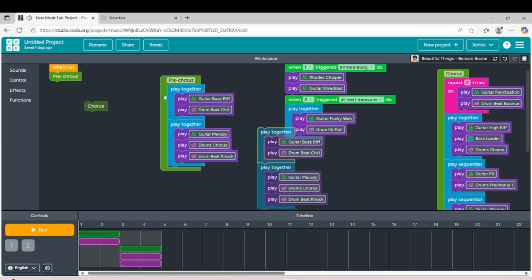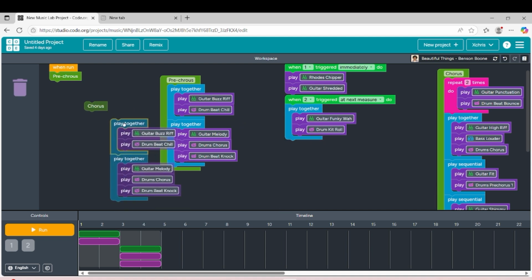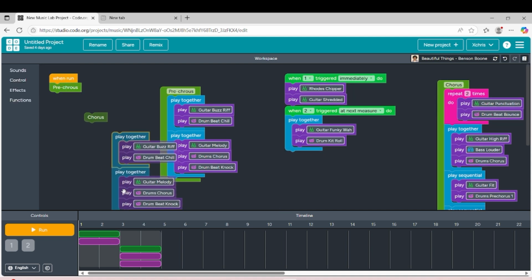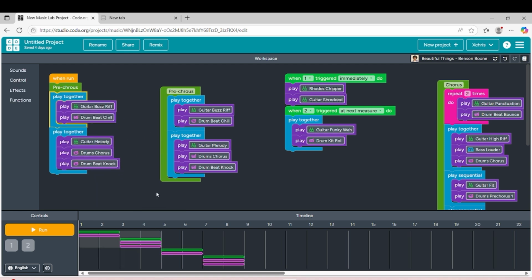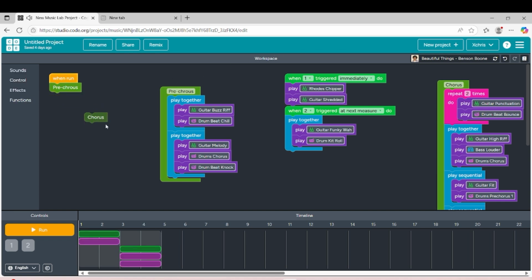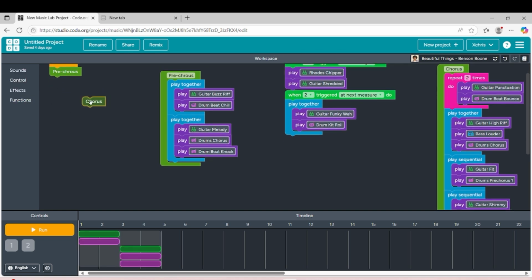Now both of these are the same, right? To prove to you that all of these are in here, we already connected the pre-chorus in here, and this is that. So when I connect it, they should be the same. As you can see, only two instruments and three instruments. So let's say we want to connect the chorus.